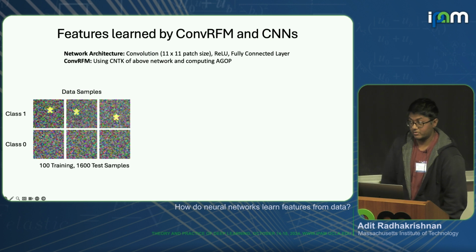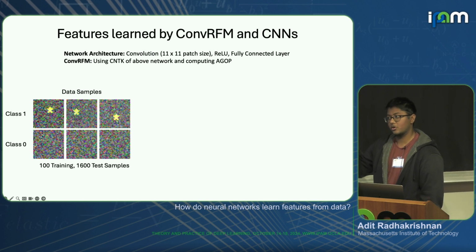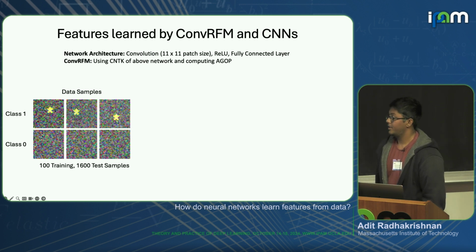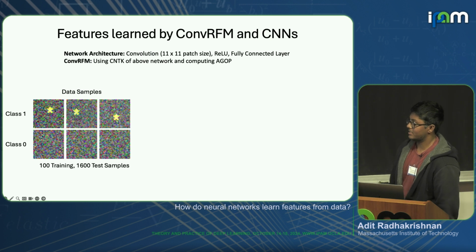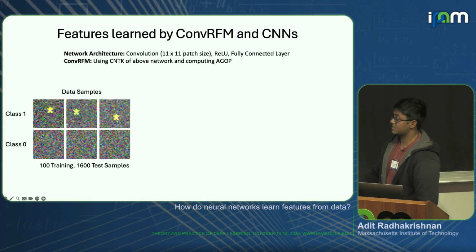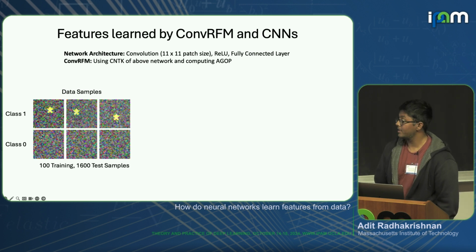The way to think about a convolutional kernel here is I'll just chunk my image into patches, compute the kernel between patches of images, and just average. The data set I'm using here is very synthetic, but will illustrate the point of how feature learning is beneficial. My class 0 images are just pure random noise. Class 1 is just you have a little star signal in a random position in the image.